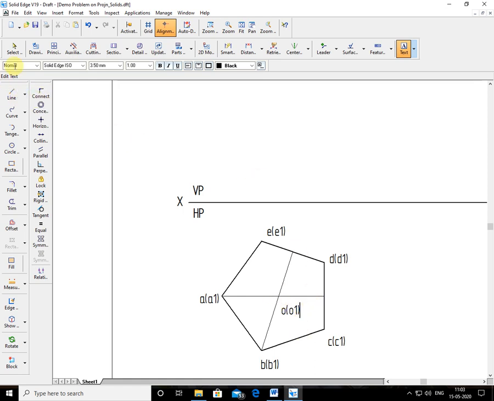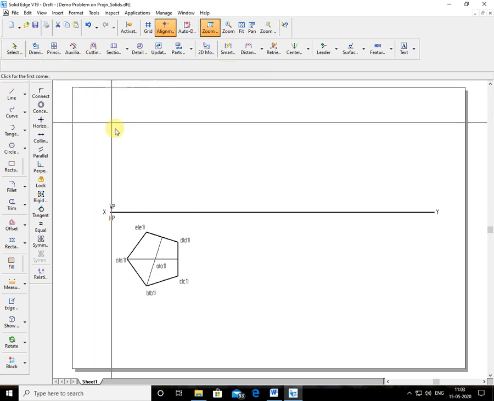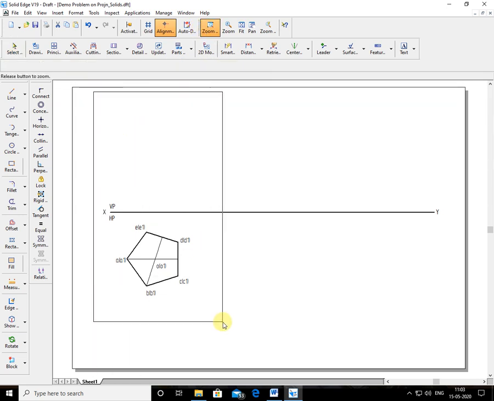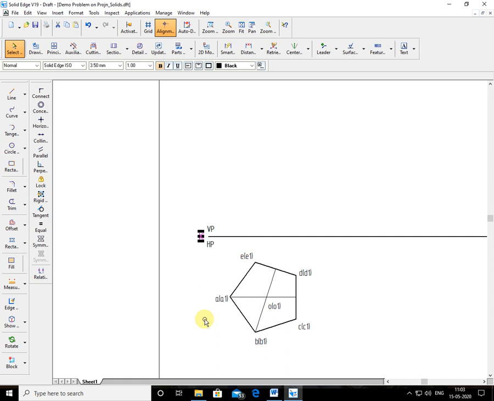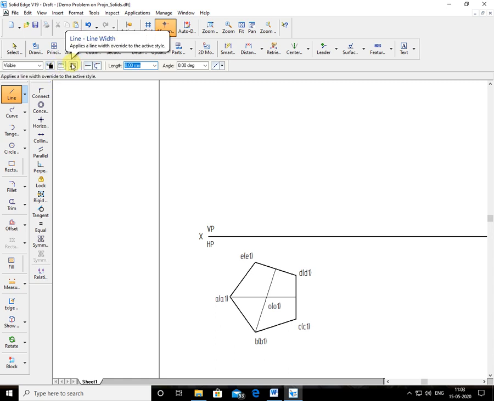So this is the naming of the top view. It is done now. Now you have to project it to get the front view. Okay. So I'll zoom into the area where I want to draw. So this much is the portion here. Now I'll project. Use the projection line. Actually, you have to use 0.1, 0.13, whatever minimum thickness he has given. But I'm choosing 0.5 or 0.4. Why? Because to see the projection line clearly in the video. That's why I'm doing it.